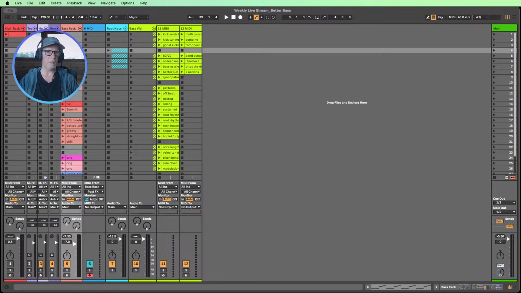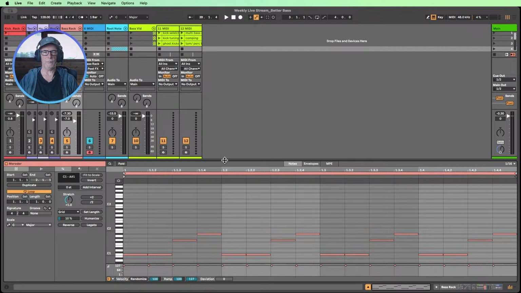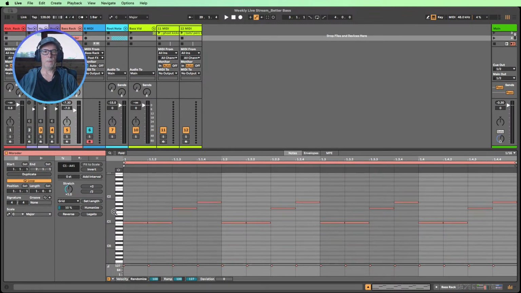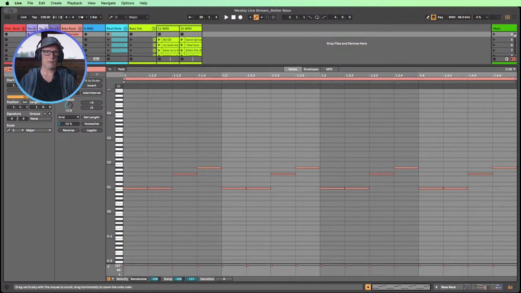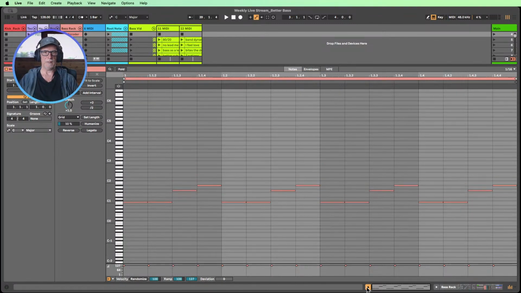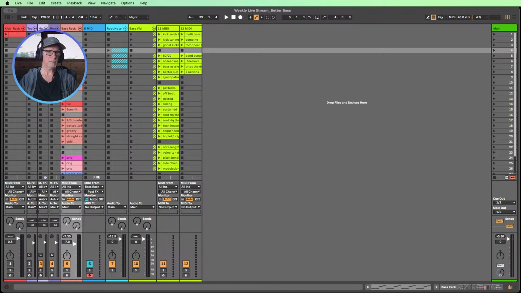So what we've got here is deliberately the bass notes of I Feel Love, but just very simply the 16th notes playing the different pitches. That's all I've got here. There's no other trickery going on. It's just the different pitches, and that's it. So let's have a listen to that.